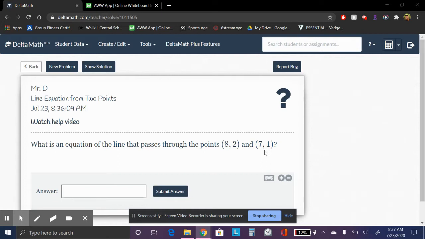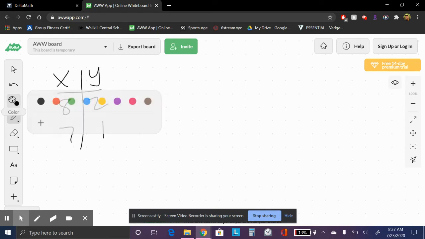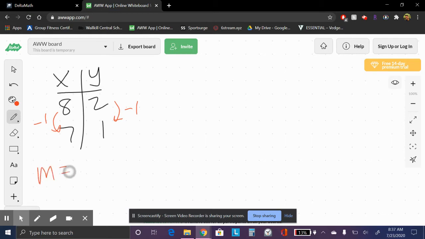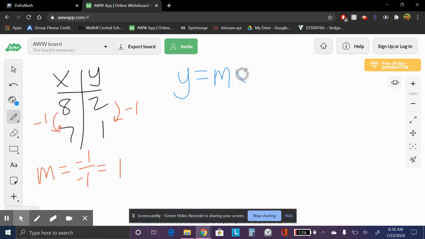So we have 8, 2, and 7, 1. So in my table over here, I'm going to write 8, 2, 7, 1. So this goes down 1 and down 1 over here. So the slope is negative 1 over 1, negative 1, excuse me, which is positive 1. So that's my slope. Now, I could also find my y-intercept by plugging into my equation y equals mx plus